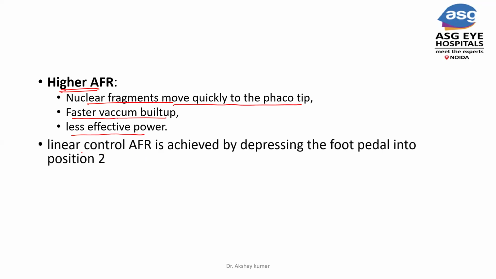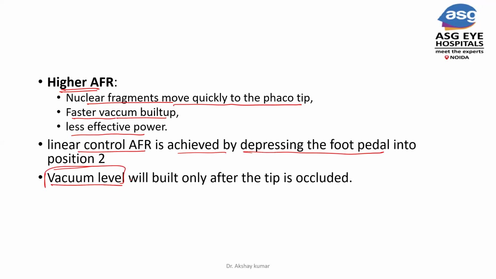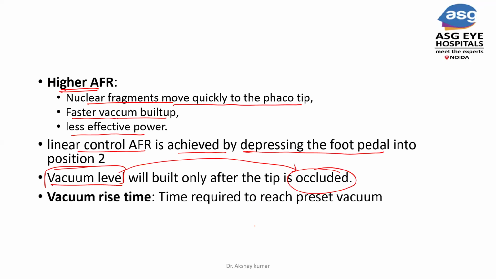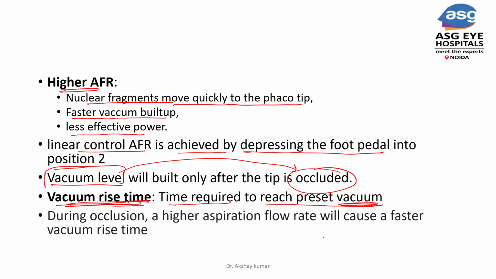The linear control of aspiration flow rate is achieved by depressing the foot pedal into position 2. And I have also told you that vacuum is built only after the tip is occluded. So this is an important term, vacuum rise time. You need to understand it. It is the time required to reach the preset vacuum. After occlusion, how much time will it take to reach the vacuum we have set? During occlusion, a higher aspiration flow rate will cause a faster vacuum rise time